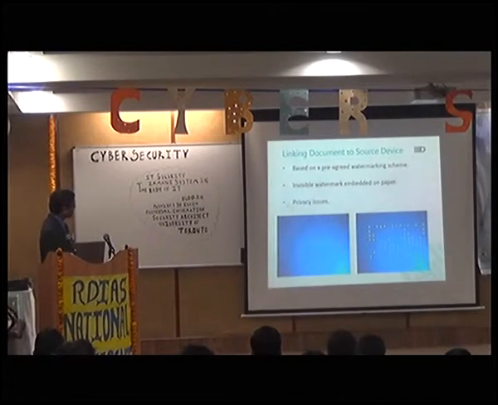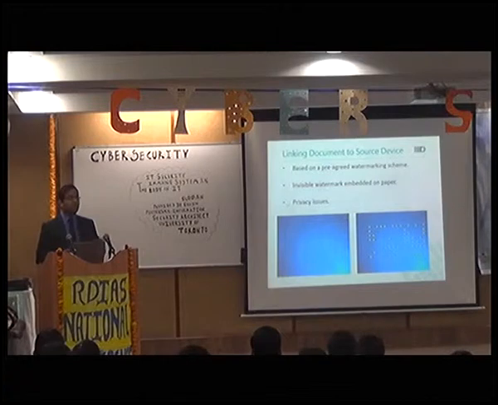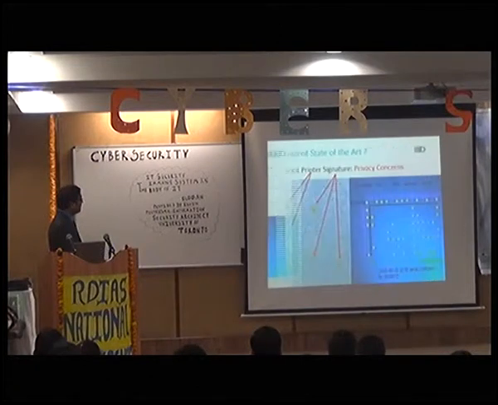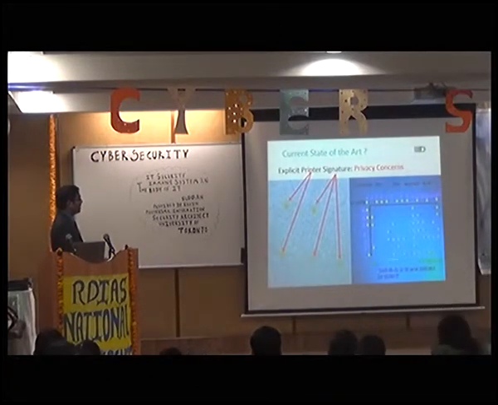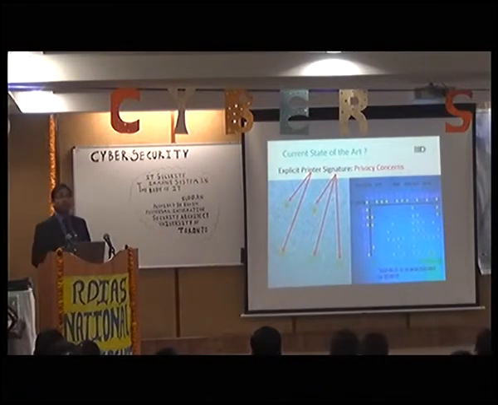Before that, there is something in the printer, which is the inbuilt signature of the printer. Most printers have something known as these yellow dots which they print, which are probably not visible to the naked eye, but if you put incident light on this, you can see all these dots, and all these dots basically reveal what kind of printer it is. If I just decode it, it tells me this date and this serial number of the printer, and then I can find out to whom this printer has been sold, and then I can find out who has printed this document. But the problem with this approach is that it is leaking privacy.